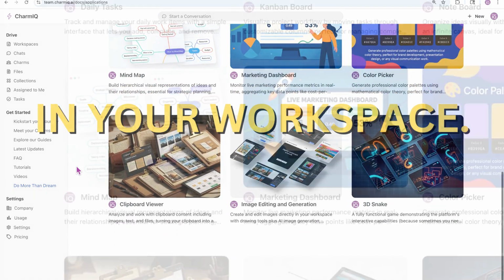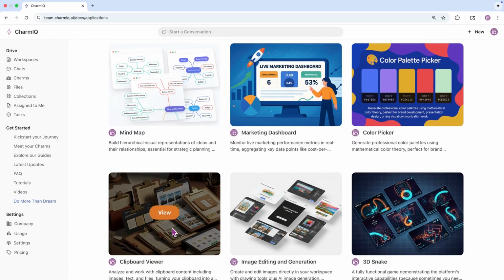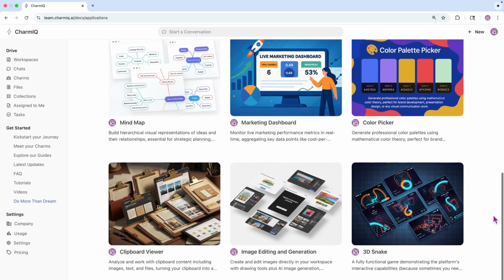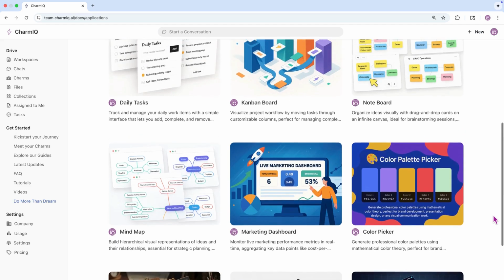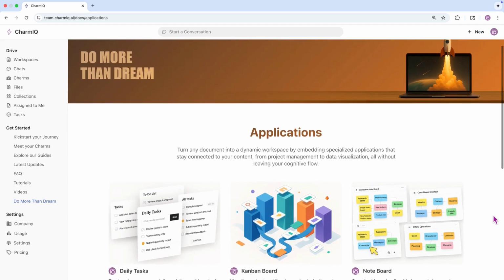your workspace. Need a mind map? Build it. Want to edit images? Create that too. Any tool you can imagine can now live right alongside your content and adapt to you, not the other way around. We'll have a full tutorial coming soon showing you how to build these custom applications yourself